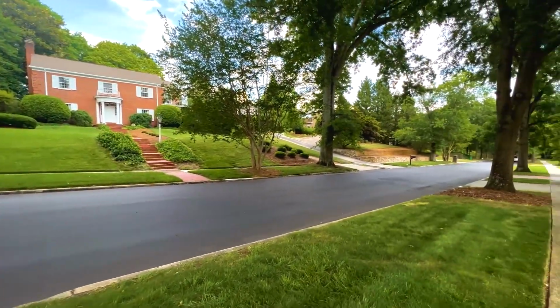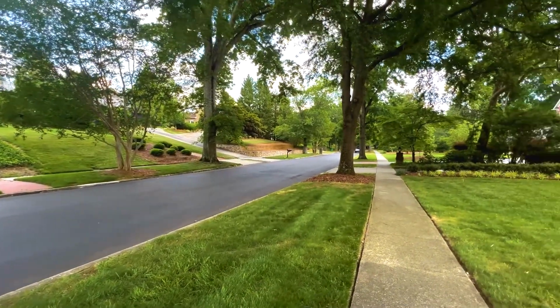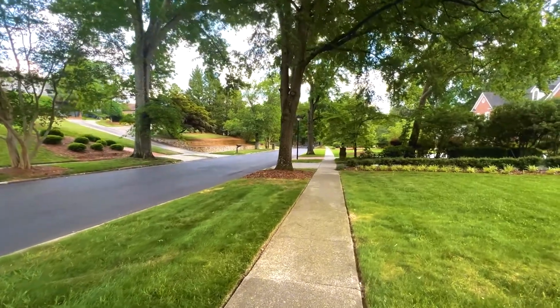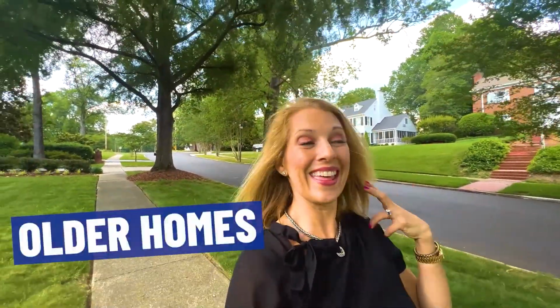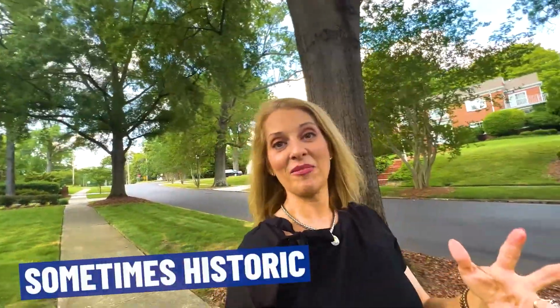And if you saw any of my Starmount videos, you'll see I love the trees. So it's a gorgeous tree-lined neighborhood because they're old houses, and they are my favorite. Older houses are by far my most favorite because they've got history, and I love old brick and all the character that goes with them. And this neighborhood is,